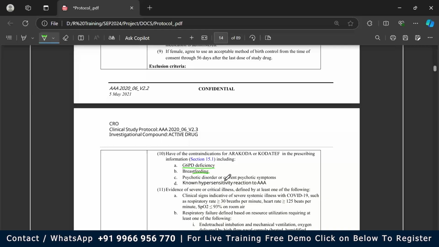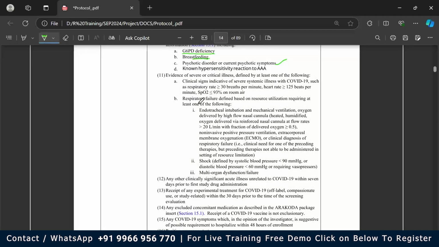Then other psychotic disorders and current psychotic symptoms, because if the patient has some kind of psychotic disorder, they cannot provide feedback correctly. So that's why we generally include this in most of the studies. And there are other things, right? Because they don't want to capture other disease conditions that can create a difference other than the